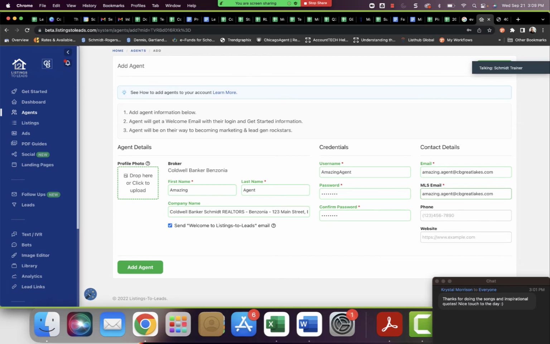This information here can always be changed after the fact. You're just getting the agent in there. It can be changed after the fact. Phone number